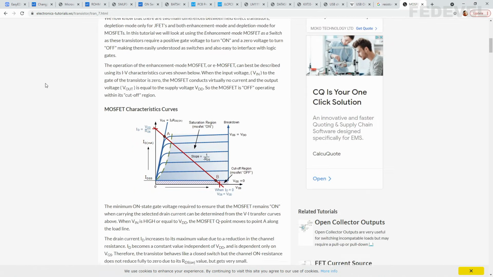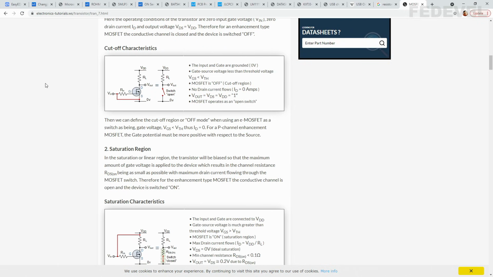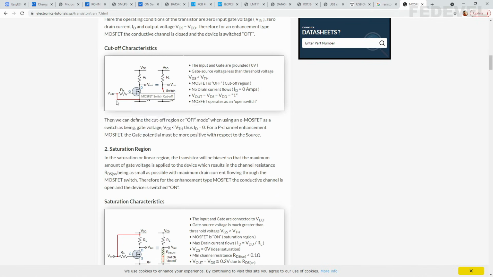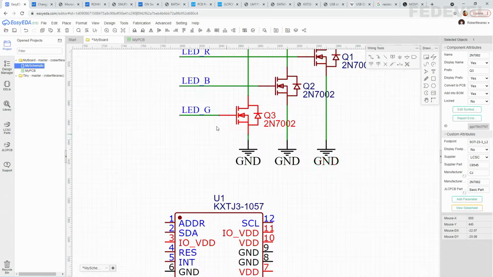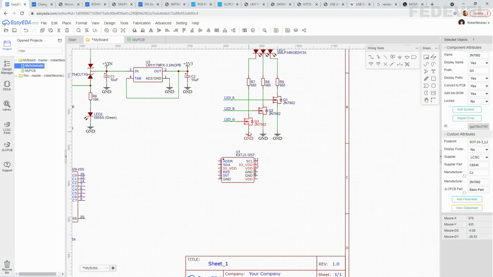this is a very nice article where you can learn how the transistor works. But basically, when the gate of our transistor is connected to 0, the transistor itself behaves as an open switch. So when this is 0, it means this LED is not connected to ground.